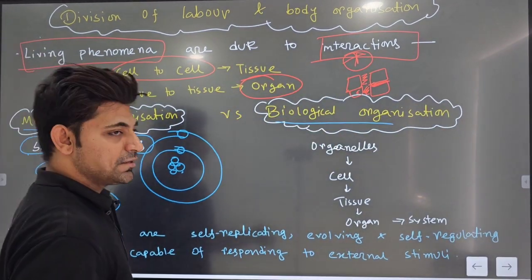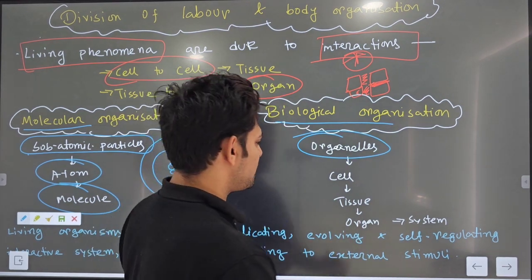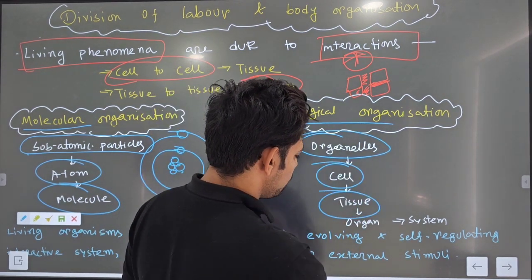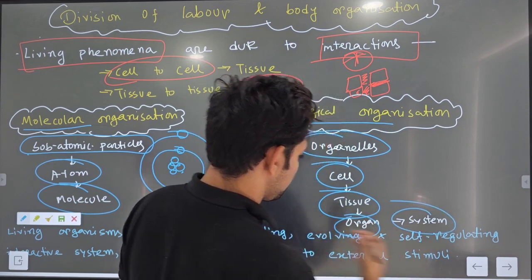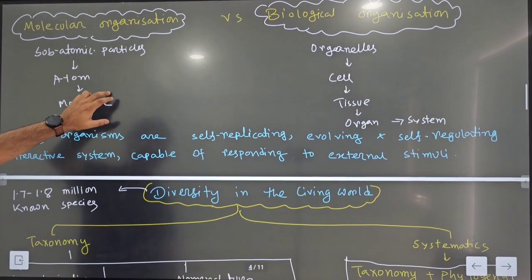Similarly, different cell organelles are there inside our cells. With cytoplasm and plasma membrane, they form a cell. Different cells form tissue, tissue to organ, organ to organ system to body. So ultimately we will get a very good definition of life.